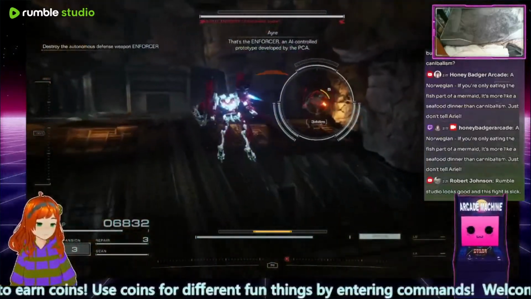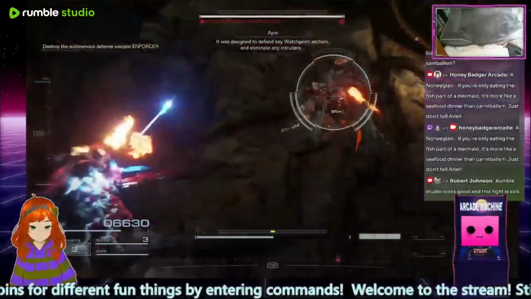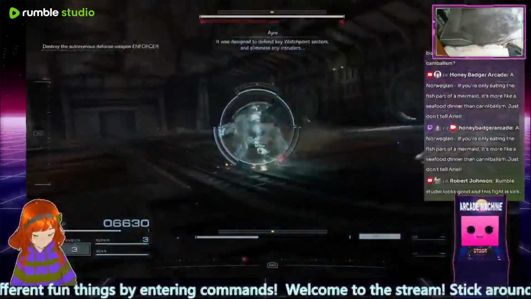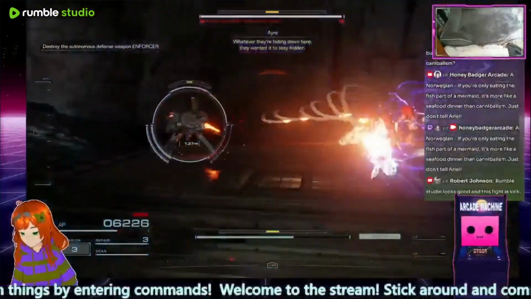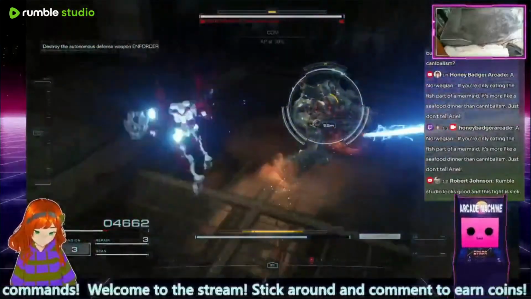Controlled prototype developed by the PCA. It was designed to defend key watchpoint sectors and eliminate any intruders. Whatever they're hiding down here, they wanted it to stay hidden. AP at